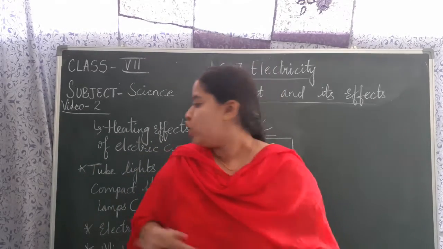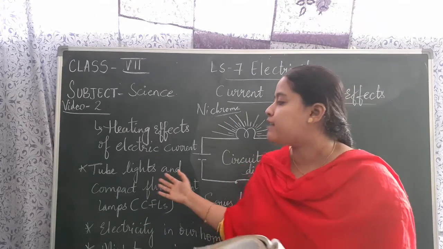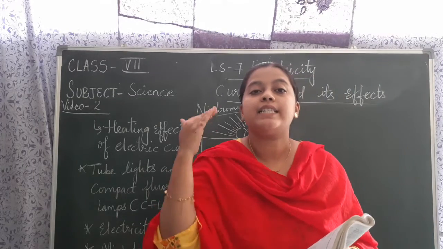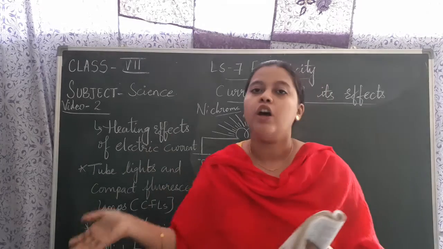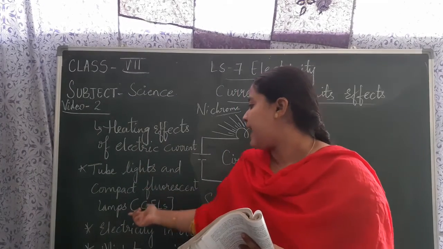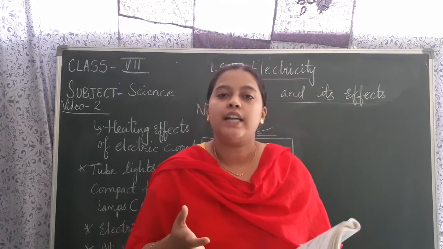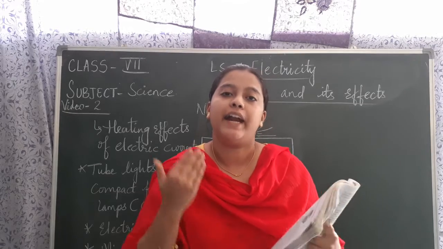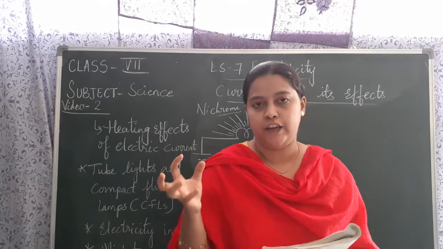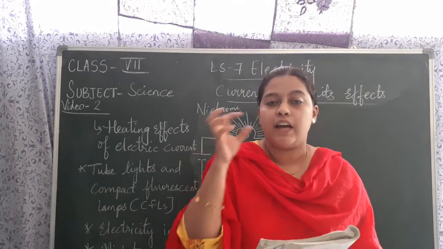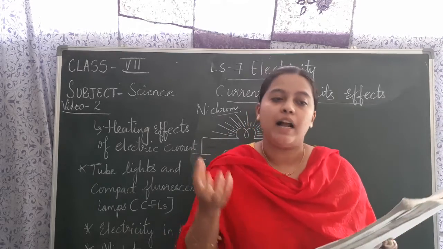Now next, coming to tube lights and compact fluorescent lamps. If you use tube lights in your houses, the wastage of electricity automatically reduces. Even with compact fluorescent lamps, the short form of which is CFL, if you use CFLs, the wastage of electricity reduces. You can also keep CFLs in an ordinary bulb holder. It can be placed in the ordinary bulb holder.